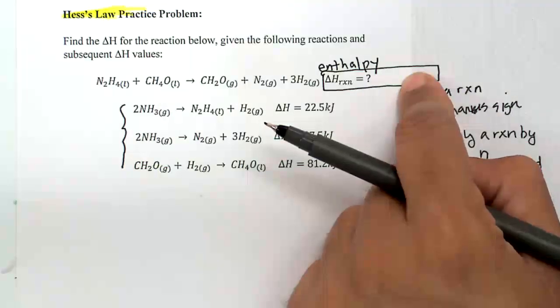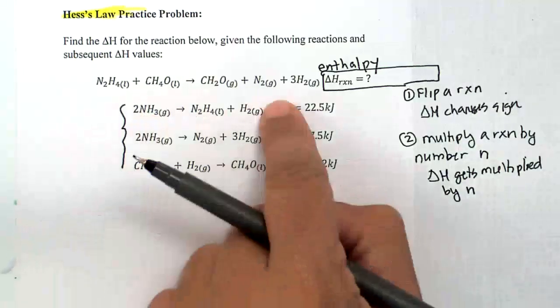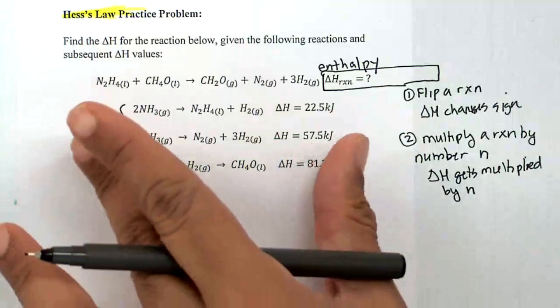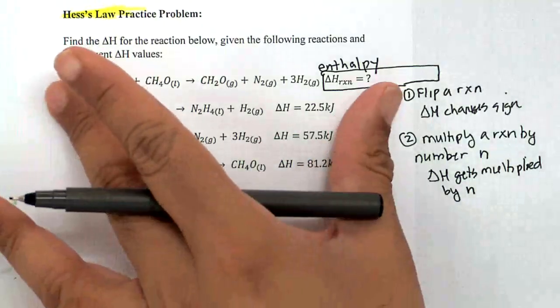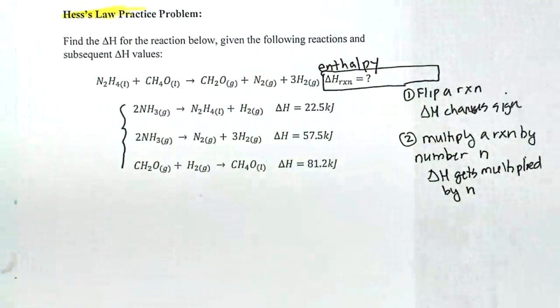Okay, but what we do know are the enthalpies of these three reactions. So what can we do with these three reactions to get to this? Okay, we can flip a reaction, we can multiply a reaction. There's several things that we can do. So let's start off with